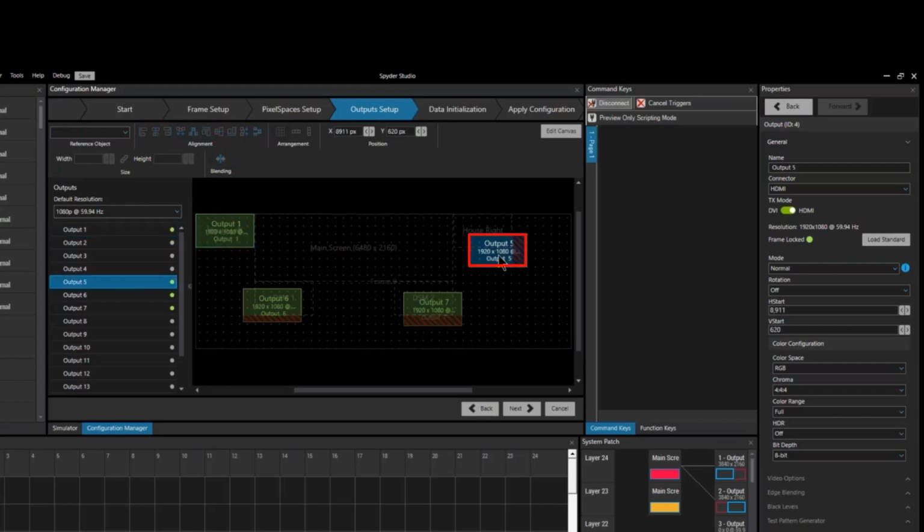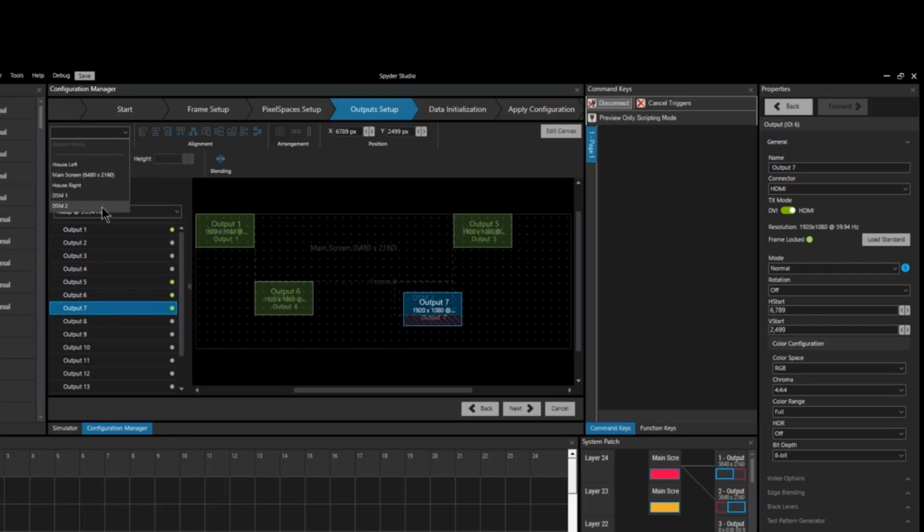Okay, output 5, reference object, house right, center, center. And it's basically because the resolution matches the pixel space, it's popping it right in there and it's mapped perfectly. Output 6, reference object, DSM1, center, center, and then output 7, reference object, DSM2, center, center. Very cool tool to quickly just snap all of those outputs into their respective areas of responsibilities and move on